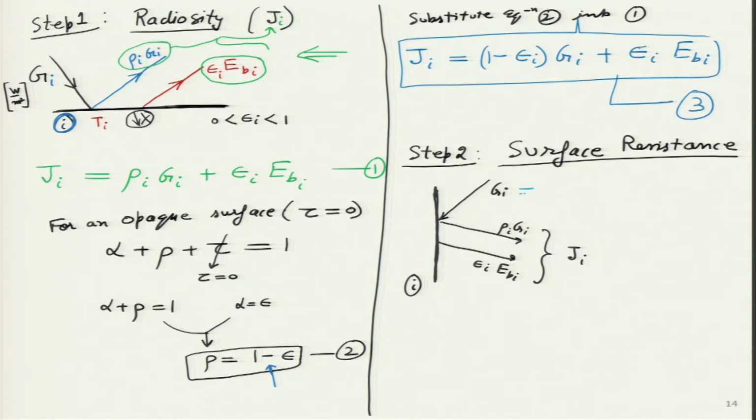Let me put some numbers over here. Let us say the irradiation on this particular surface, I am just putting some random numbers, is about 10 watts per meter square, and it so happens that because of the effect of temperature, reflectivity and all other things, the net radiosity which is measured at this particular point is, let us say, 40 watts per meter square. Which means if we analyze this particular surface, then on a 1 meter square area, I can say 10 watt is incident and 40 watt is leaving.